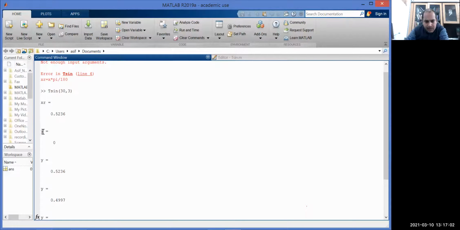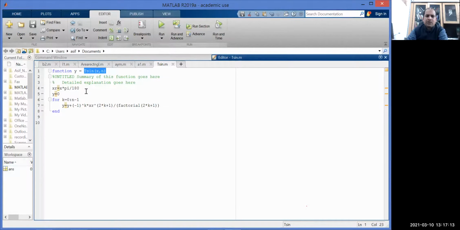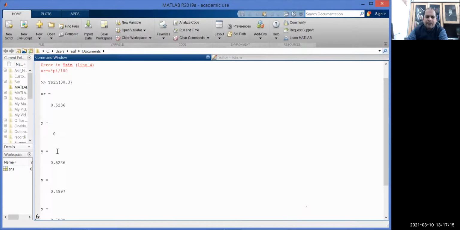Because we have initialized y as 0. In the first pass, for k equal to 1, I think in our program it starts from k equal to 0. Yes, for k equal to 0, the first pass, you can see that the value will be added to y equal to 0, and we have this first term as a1, say y1. This is the value when the term a2 is added to a1, so you can call it y2, and this is your y3.